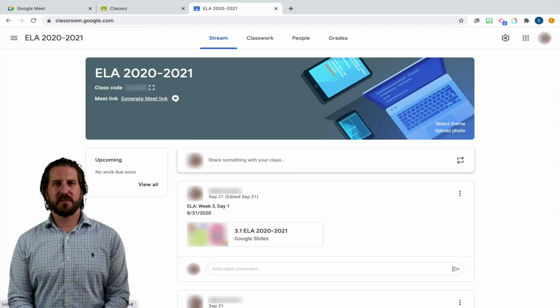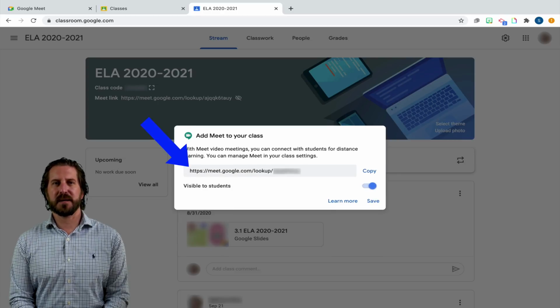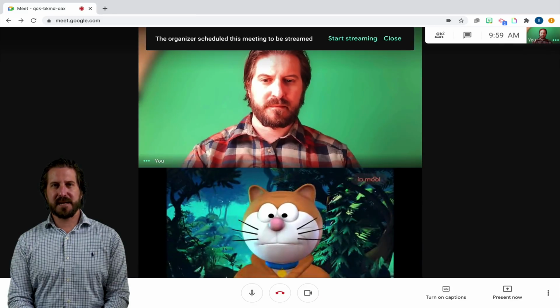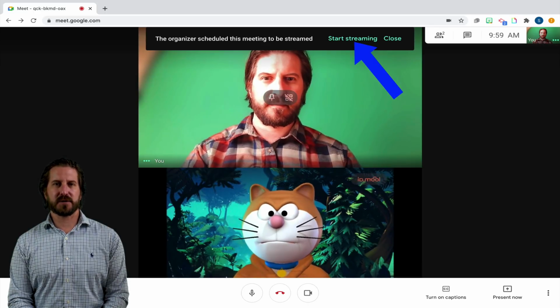But if you're using Google Meet with students and you have Google Classroom, what probably makes the most sense is just to make sure that you have the Google Meet meeting enabled on Google Classroom and that you initiate the meeting from there. You'll see after I've joined the meeting that since I enabled streaming, I can go ahead and start the stream by clicking Start Streaming here.